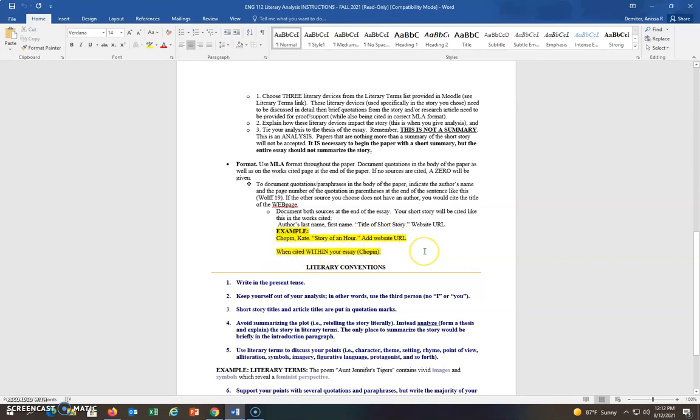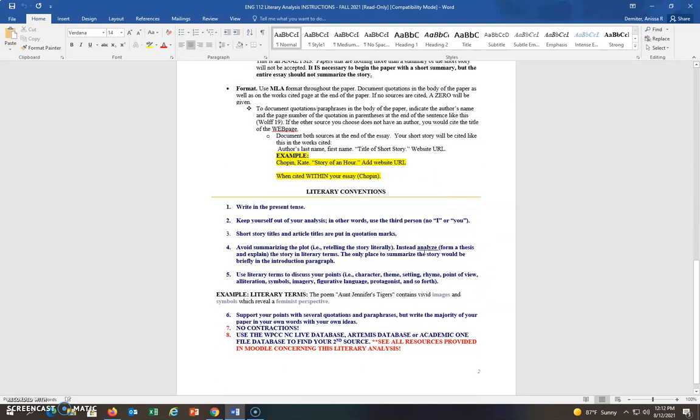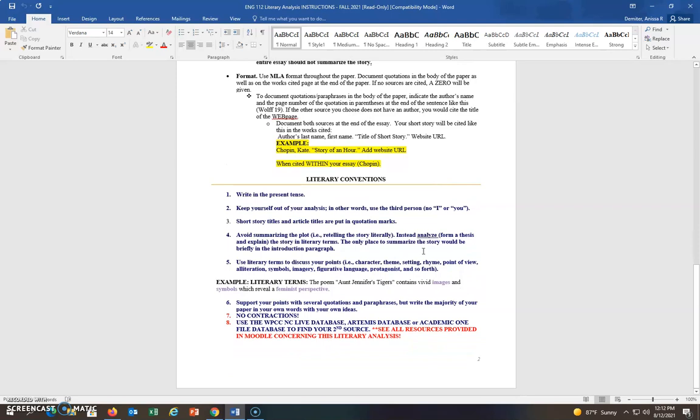You should use direct quotes and even some paraphrases from the short story to support your points. If you say that there's irony in there, you need to give an example or a quote that illustrates that. If there's imagery, tell how it illustrates that. But be sure you explain why the author used irony, why it was important, what the significance is, why it adds to the story, and why it gives a better understanding of the story. That's what you're focusing on when you're analyzing these stories.